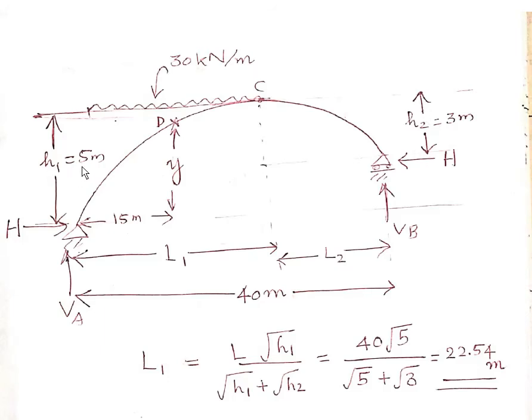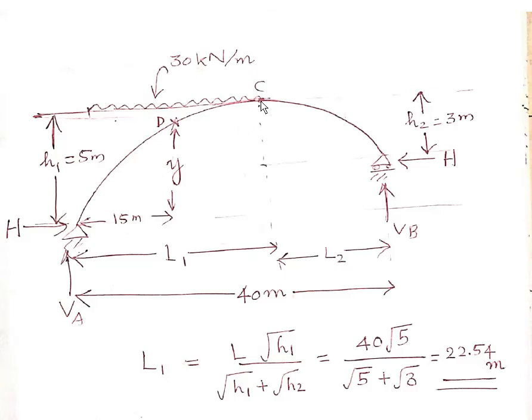So H1 is the vertical distance between the first springing point A and the crown, and it is 5 meter. H1 is equal to 5 meter, and H2 is the vertical distance between the springing point B and the crown. And we know that crown is the highest point in the arch. Here the span of the arch is 40 meter. Span is nothing but the horizontal distance between the two springing points A and B. So here the span is 40 meter,